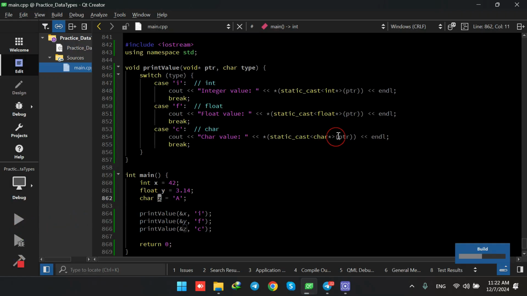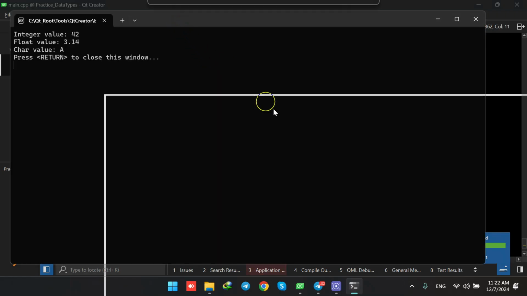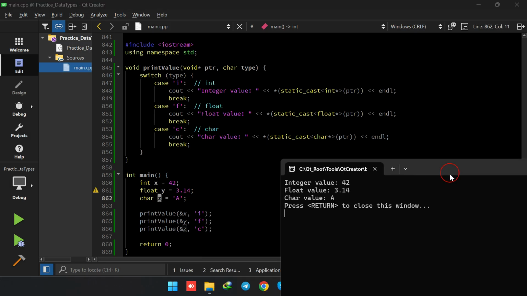Let me run the code. Okay, so here we see that we are having the initialization. We are calling the function for the first time. The address of x is passed as an argument to the void pointer, and then we are sending the I as it is an integer type. So we are having a switch